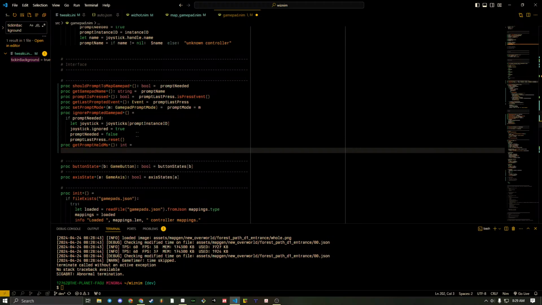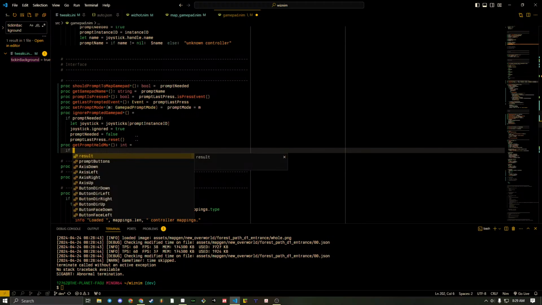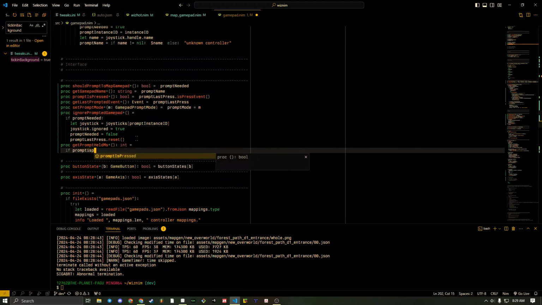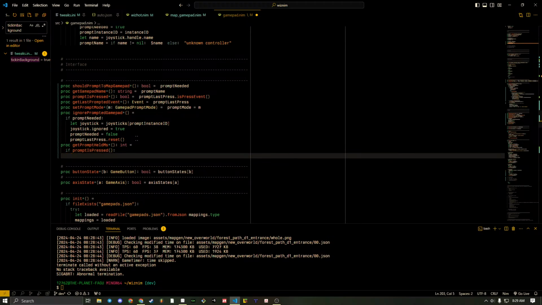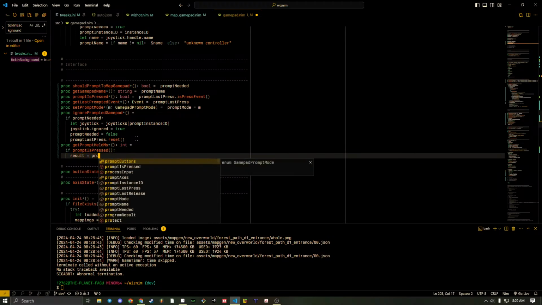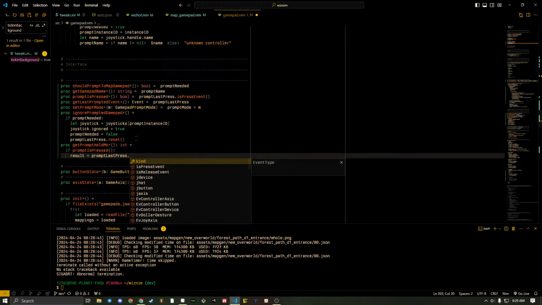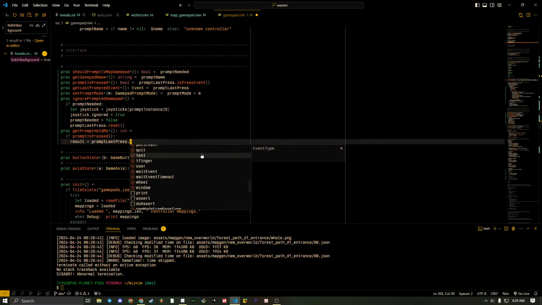And so we'll say if prompt is pressed, then we'll say result equals prompt last press. Can I get it as like a general event, or do I have to literally check the specific